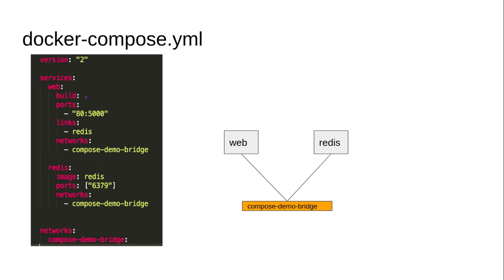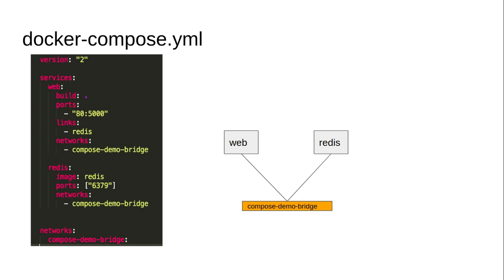Inside the services value, the first element is again a dictionary, and the key for that dictionary is web. For this web key, again the elements are a dictionary, so again I came to a new line which is indented. Here the key is build and the value is a dot. Earlier we built our image with the help of a Dockerfile. Now if we write build and dot, it will use whatever Dockerfile is available in the current directory.